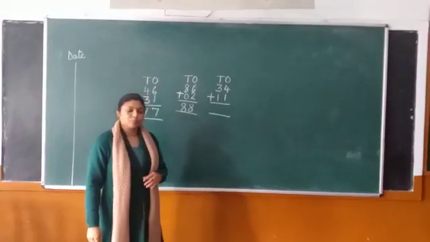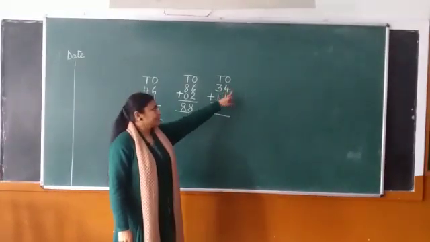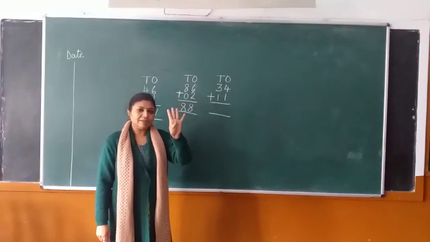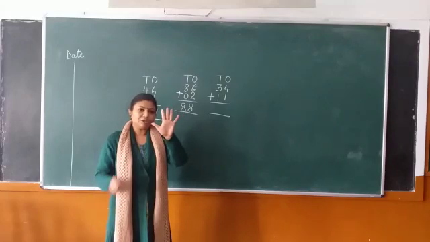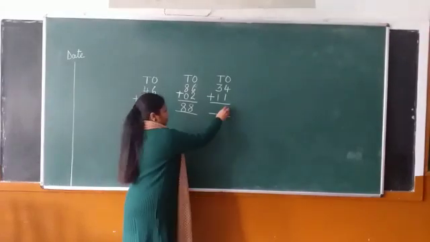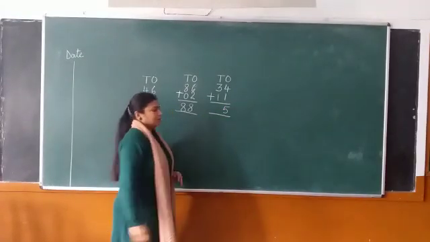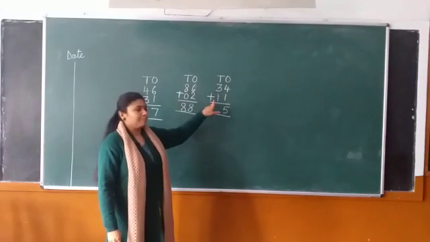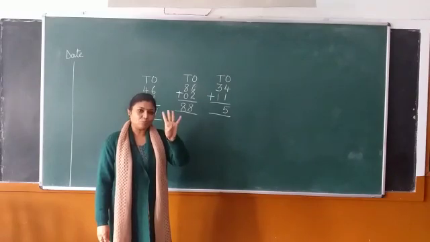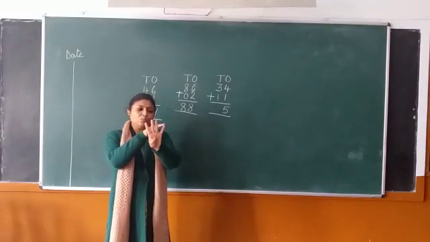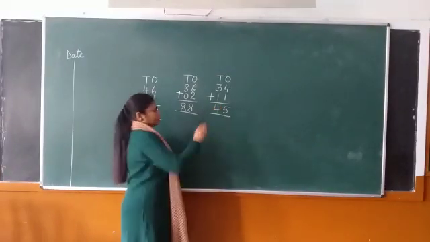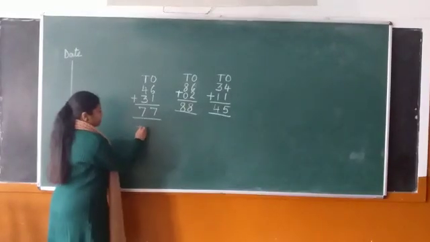Now 4 plus 1. So let's count under ones it is 4 plus 1. So 1, 2, 3, 4 and plus 1. So let's count them together. 1, 2, 3, 4, 5. So this is 5. Now under the tens place it is 3 plus 1. So let's count 1, 2, 3 and plus 1. So let's count them together. 1, 2, 3, 4. Now the next number.